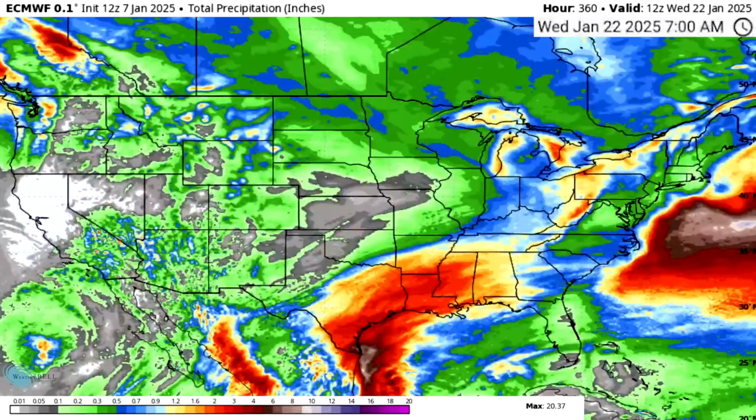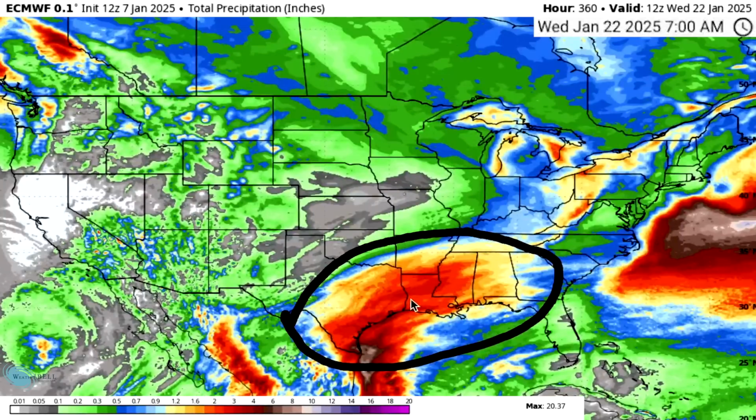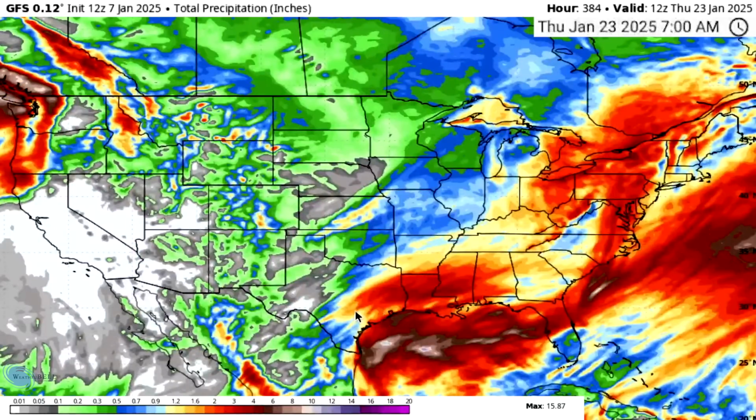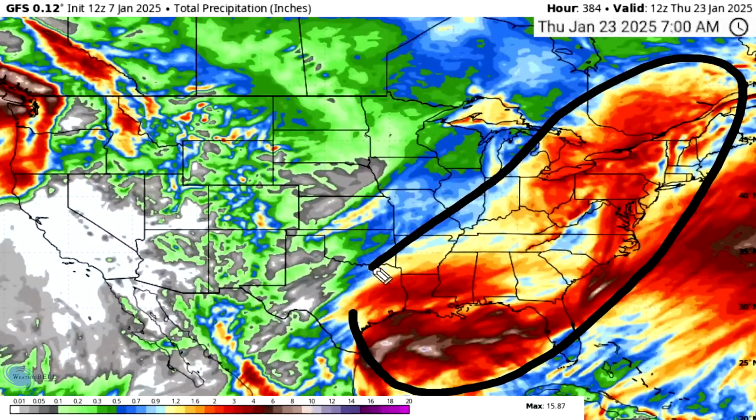Now, the total precipitation, at least according to the European model, and we will look at the GFS model in a second, looks very, very high for these areas where we have these coastal storms developing. So we get a lot of precipitation down here, very much so below average for most everywhere else. The GFS model, though, we get tons up the East Coast because, for one thing, we get this storm tracking up the coast.